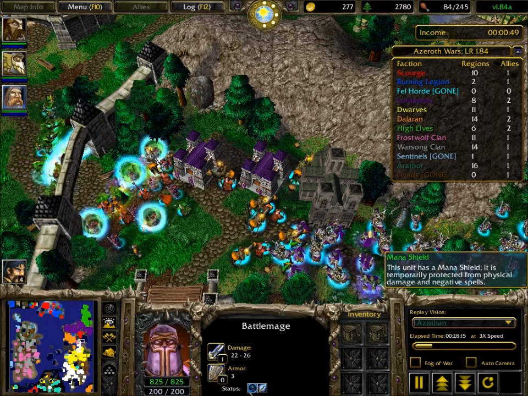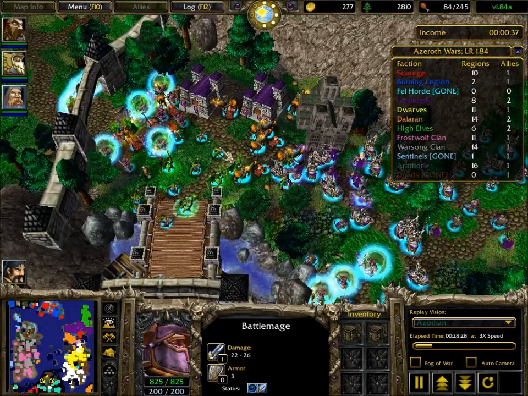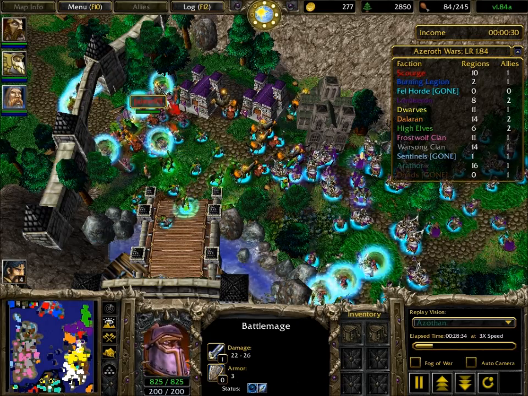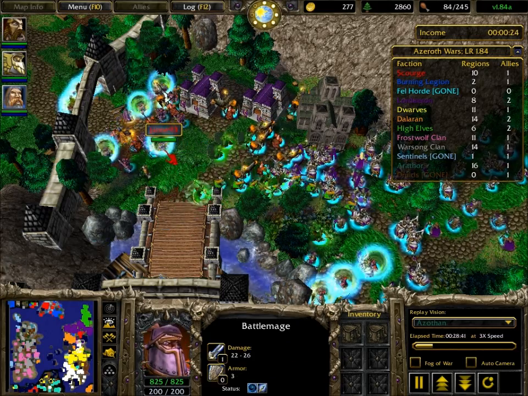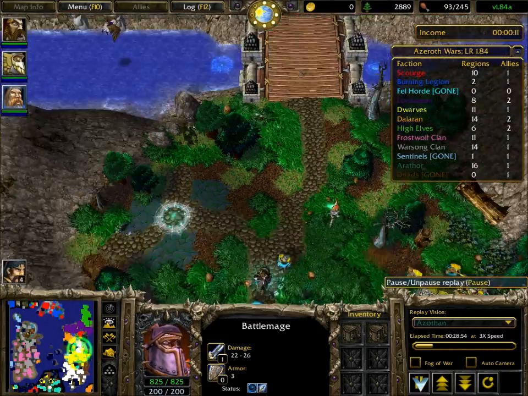These battle mages, I would love to know how much damage is soaked up per point of mana, because they seem like with Jaina's aura, that could be a super effective way of doing things. I might play a game as orange, or maybe guys, hold on, guys,